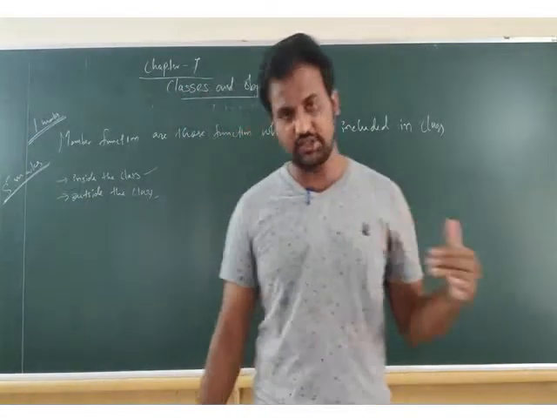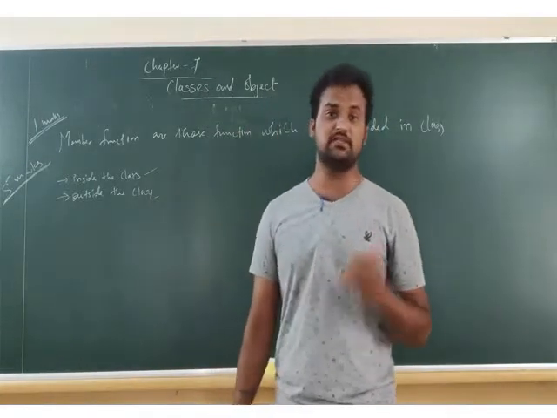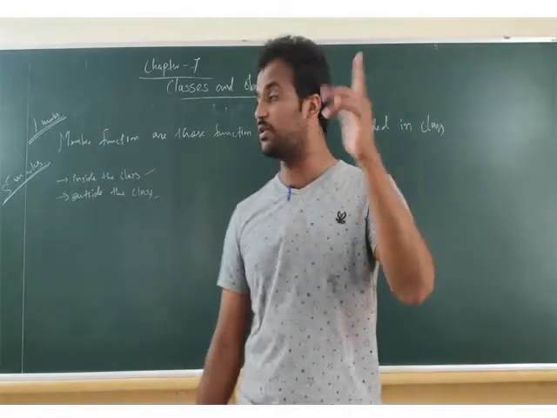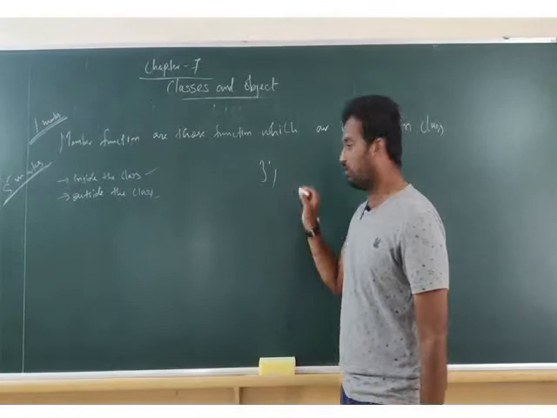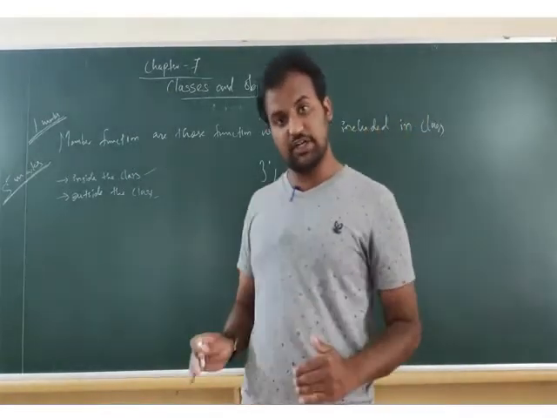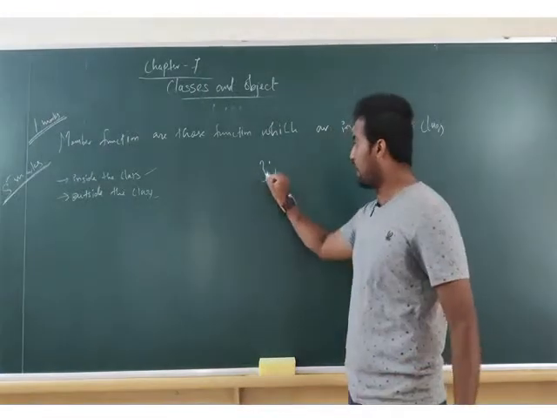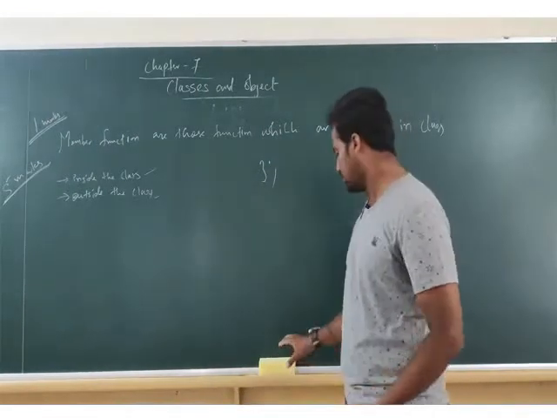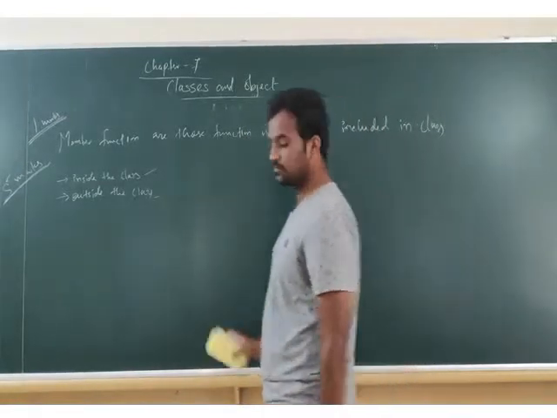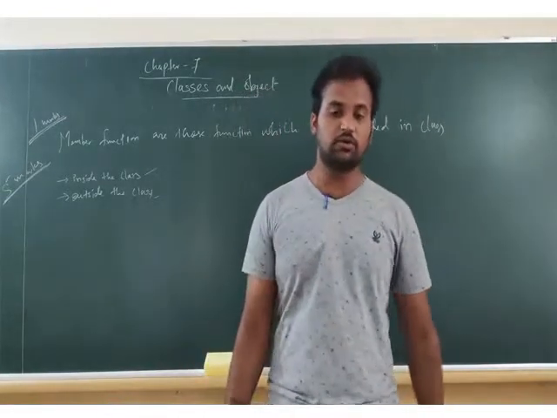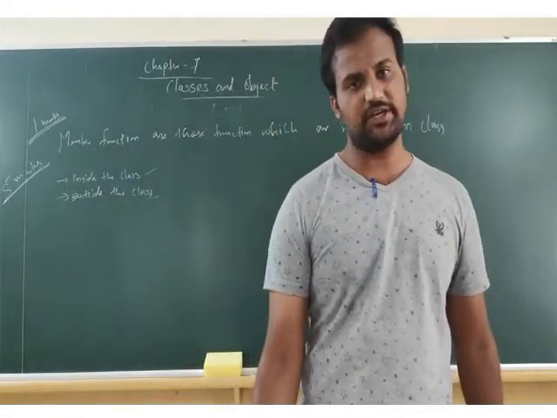You will learn the next: inside the class, outside the class. Outside the class means we are going to write the member functions or logic of a program after ending the class with the bracket and semicolon. Okay? That is what outside the class is. So there are 2 types of member functions in a class.